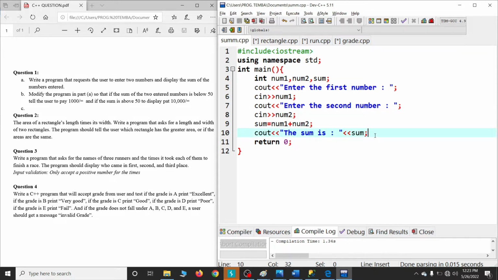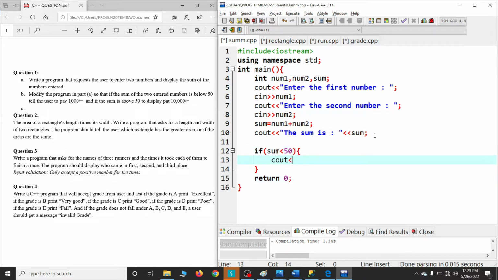So just add an if statement: if sum is less than 50, it will output "You are required to pay 1,000 shillings". Or else,